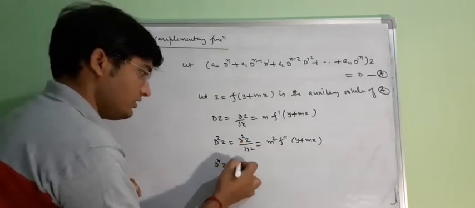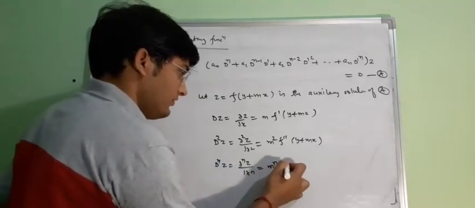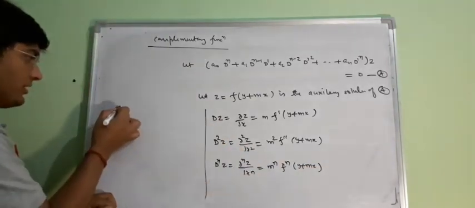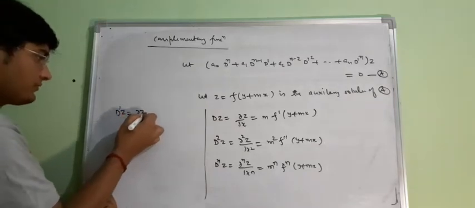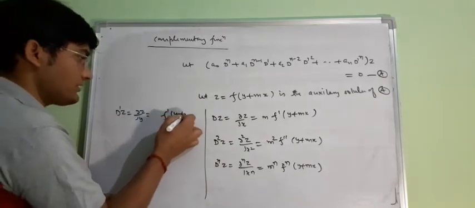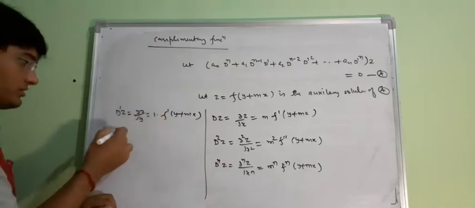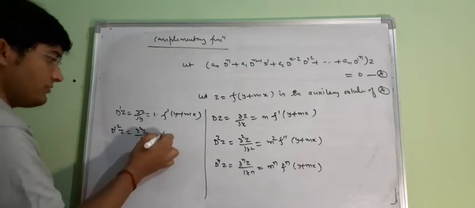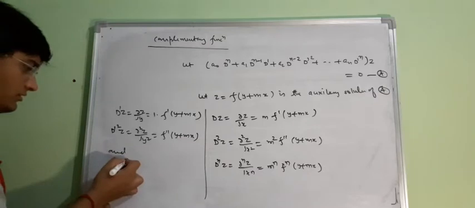Similarly, del n z will be your m power n f n y plus mx, and let us compute the partial differentiation. Now the partial differentiation of this function with respect to y will be f dash y plus mx, and as the coefficient of y is 1, we will have 1 at this place, and the double derivative will be f double dash y plus mx, and the double derivative,